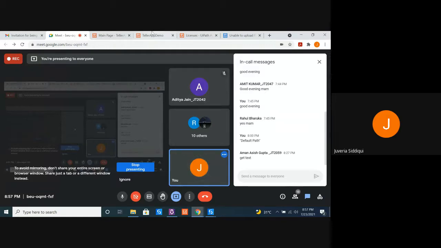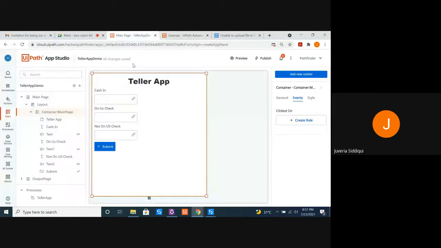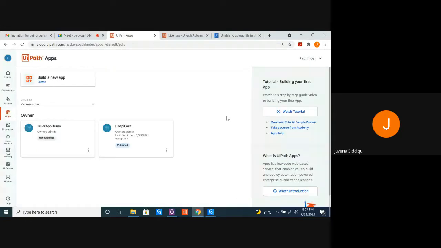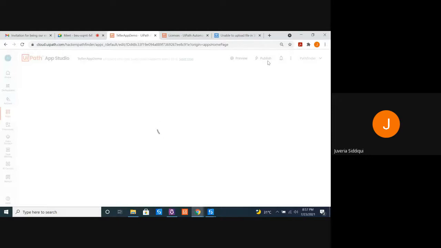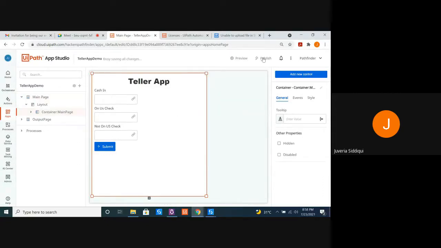All right. What I'm going to do is share this application with you guys. Let me publish it first. So it's very simple. Right now, it's still in development phase, but how do you publish your application? It's just this button, and that's it. Your app is published. Now let's go back to the App Studio.